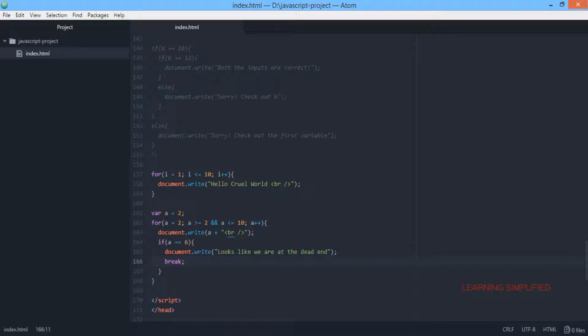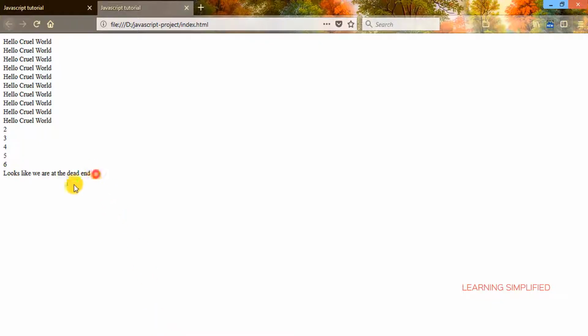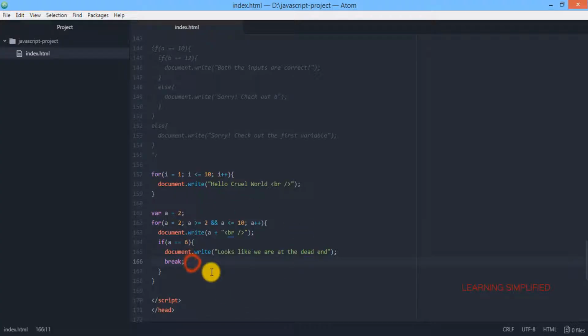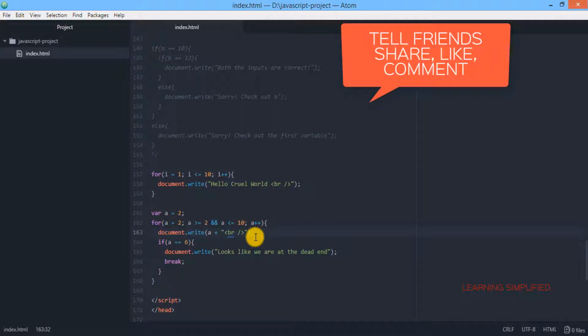Everything is printed into your browser except anything beyond 6, and that is what we are witnessing in our project. Starting from 2, it executes 2, 3, 4, 5, and when 6 arrives, it shows you this particular line. So this is how the program flows, and this is how the for counter actually comes into action. This is known as looping in JavaScript programming.